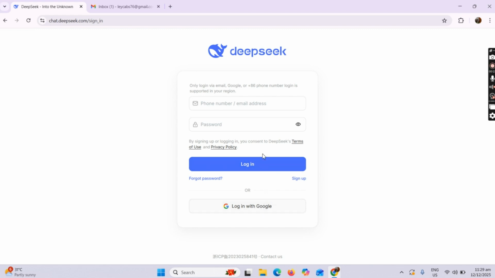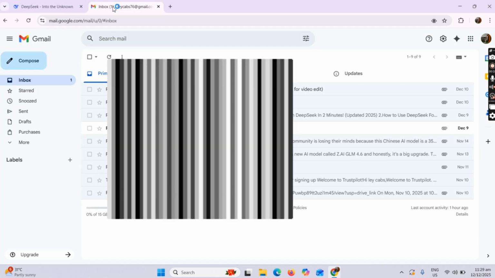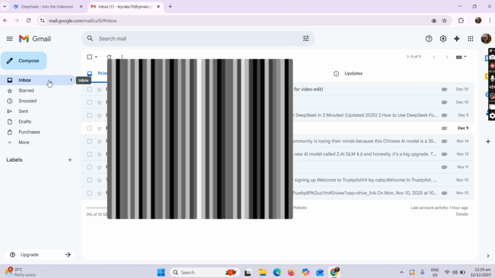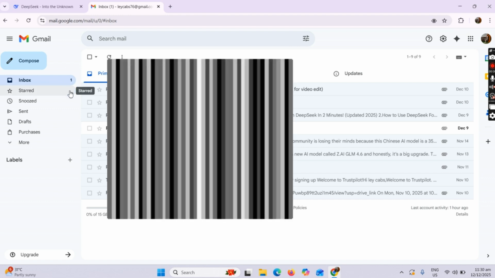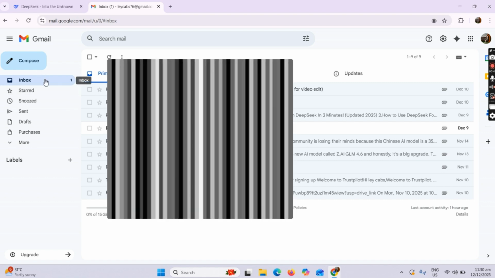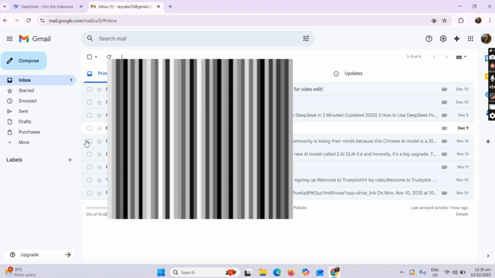Now, enter the email address you used to create your account and click Send Reset Link or Continue. Next, open your email inbox and look for password reset email from DeepSeek. Then, click the link inside the email and you'll be taken to a page where you can create a new